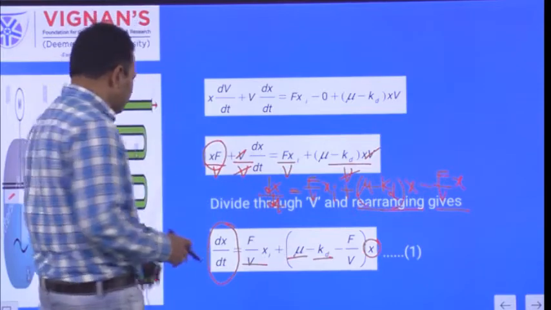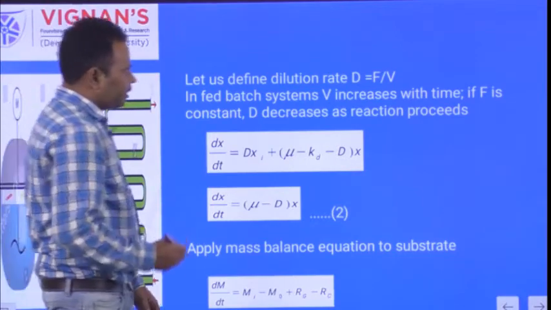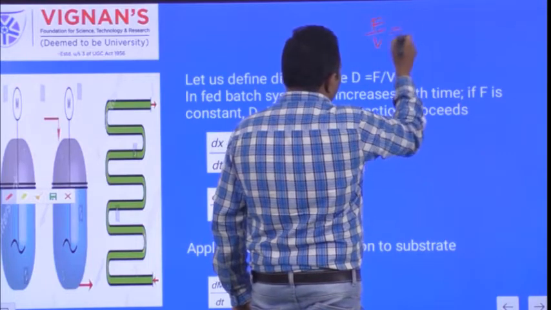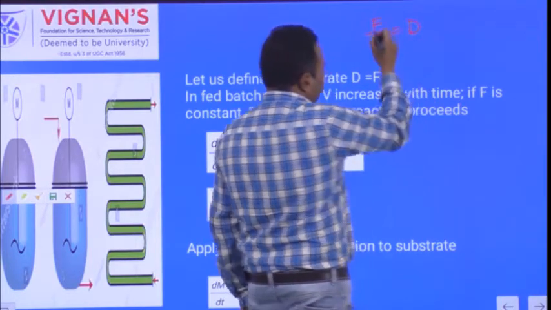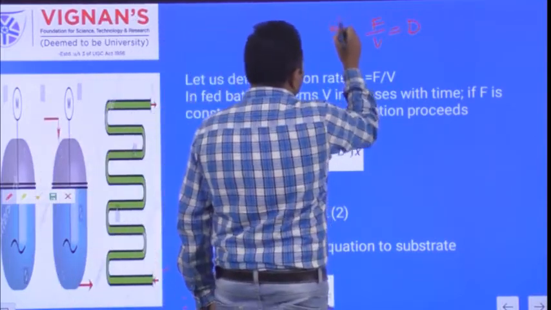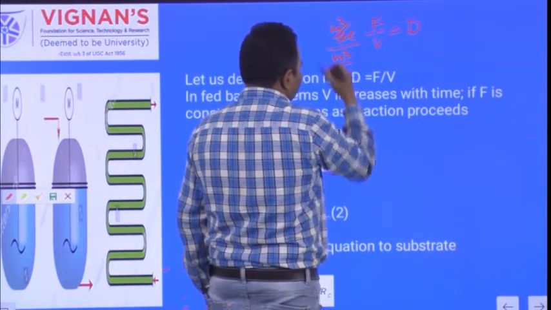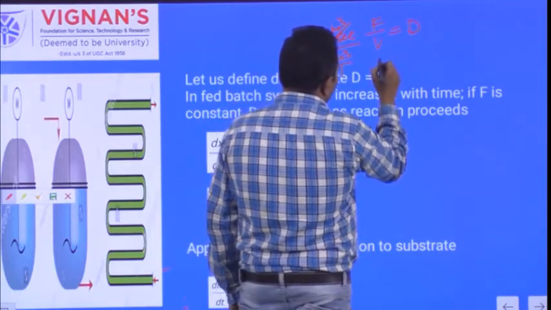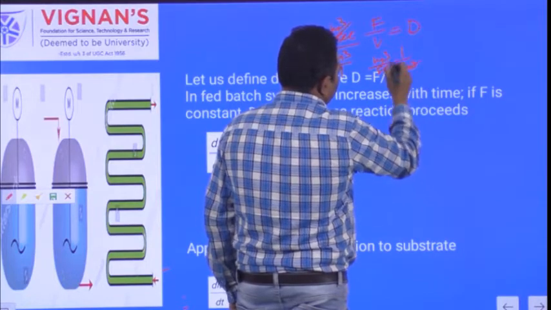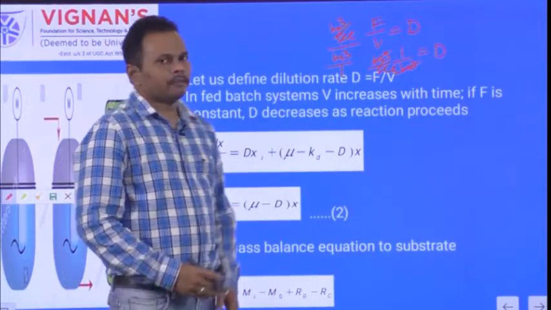Next up we will see the dilution rate. Here we write the dilution rate D is equal to F by V. In the previous equation 1, F by V can be written as D. It is the ratio of the inlet volumetric flow rate to the volume of the fermenter. What are the units of inlet volumetric flow rate? Meter cube per second, divided by the volume of the reaction mixture in meter cube. So the 1 goes to the numerator: meter cube per second into 1 by meter cube. Both become cancelled. The units of D are 1 by second, that is time inverse.